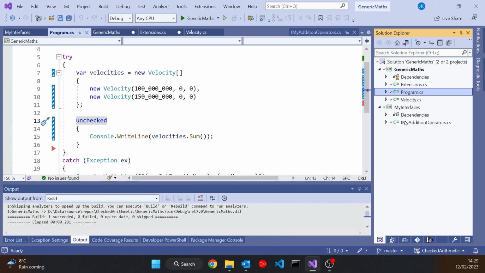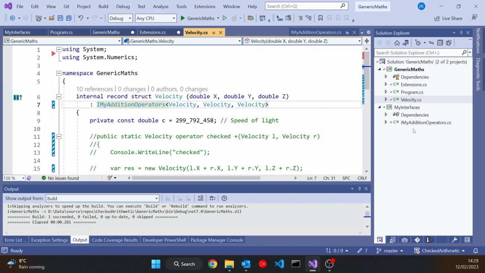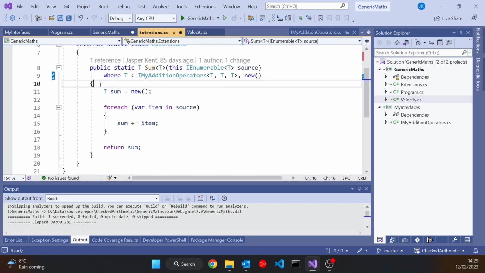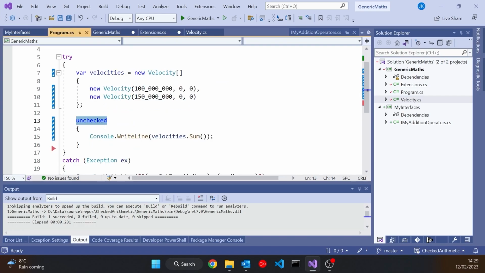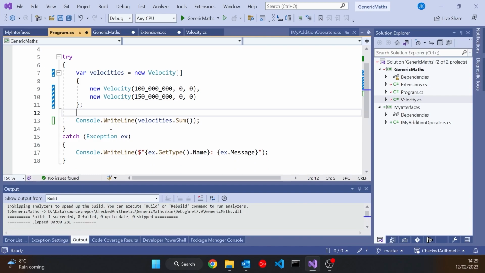And so now the code should still be working okay, but we're now referencing this interface in a different library, and that library is being built as unchecked. And so now when we run it, even though this is checked, even though we've not got anything in there, and indeed let's remove that there as well. So everything in the generic maths library is going to be running as checked.